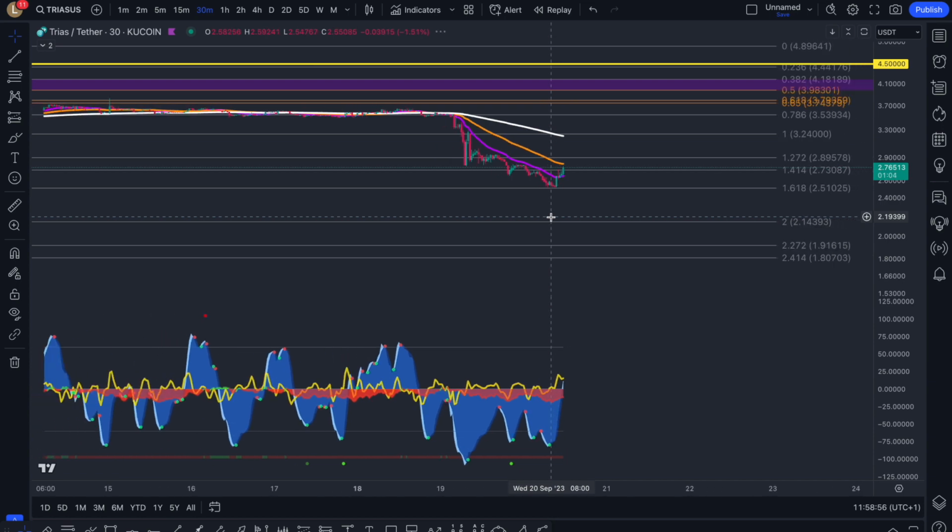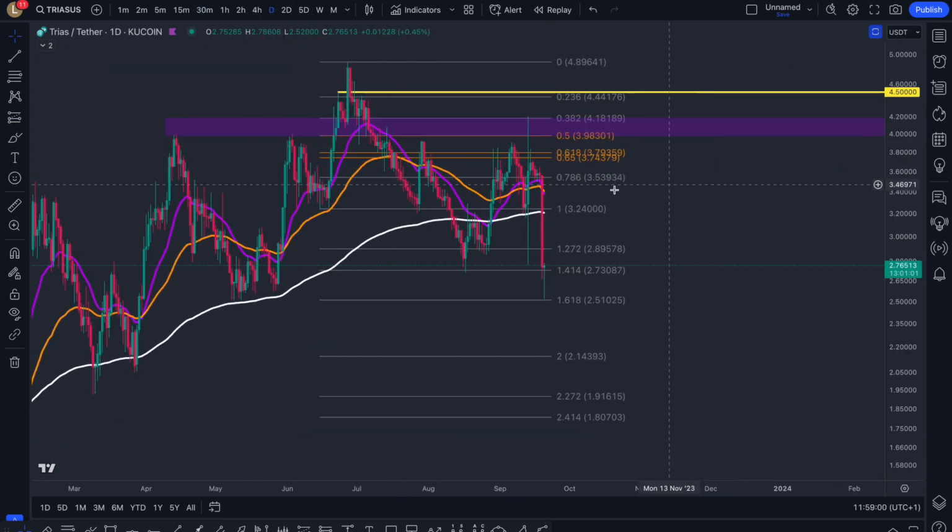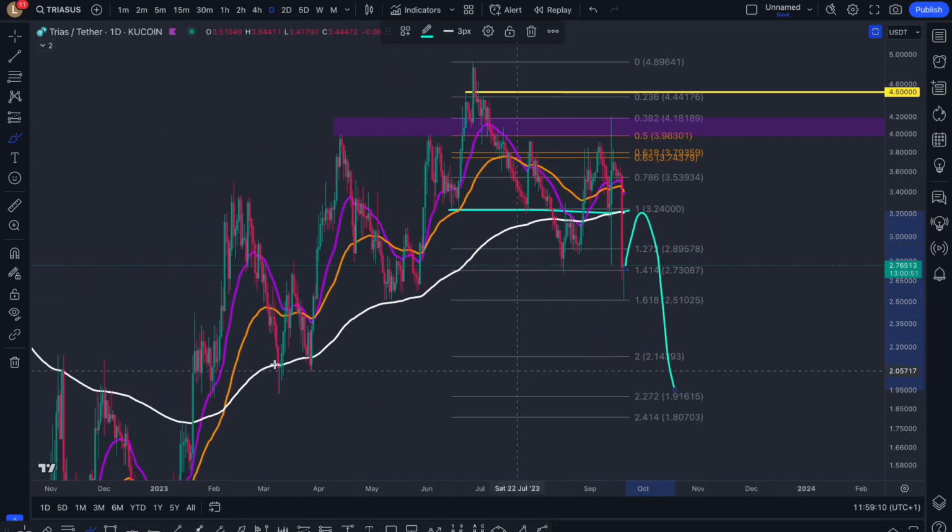So we've got some bullish divergence, but please do understand now, heading back to the daily, that this previous support of the range low is now resistance. So even if we pump up into there, that is resistance. You could still roll over, and for Trias to come back down to this price point over here at around